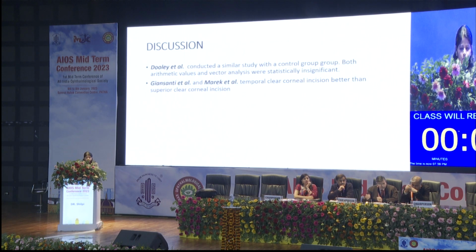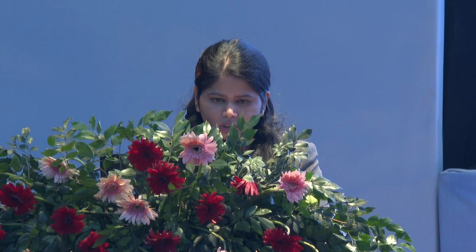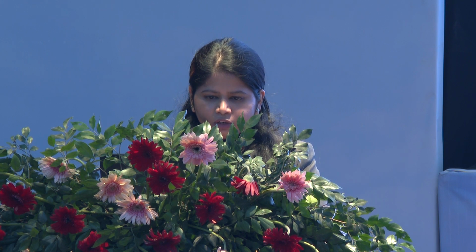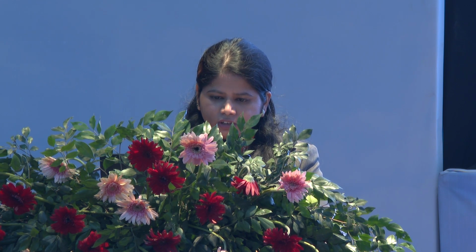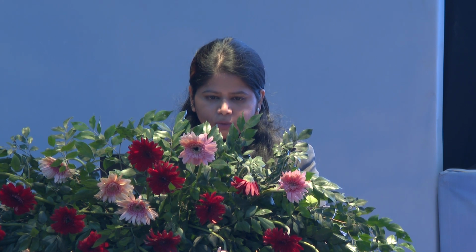Discussion. Dooley et al. conducted a similar study with a control group, and both arithmetic values and vector analysis were statistically insignificant in their study. Jinshyati and Marek et al. also conducted a study in which they showed that temporal clear corneal incision was found to be better than superior